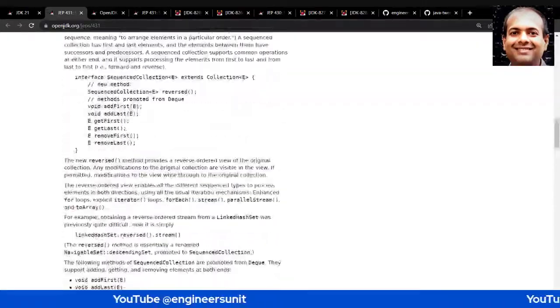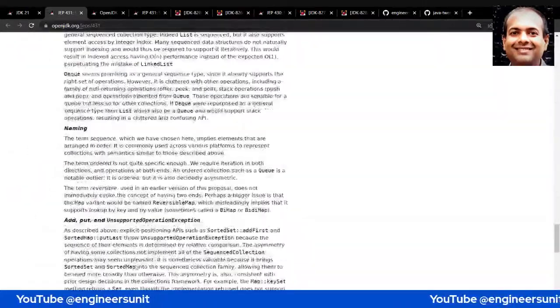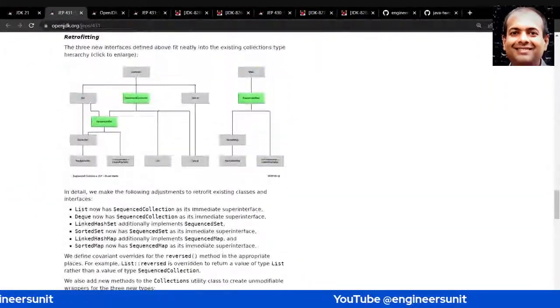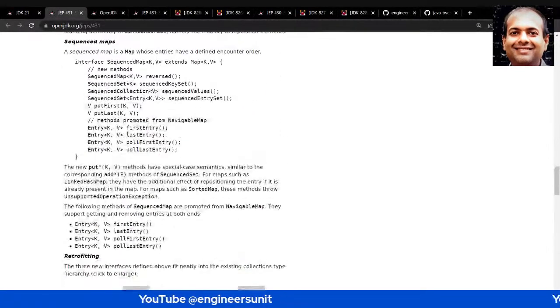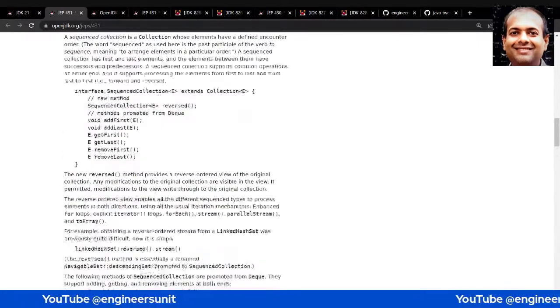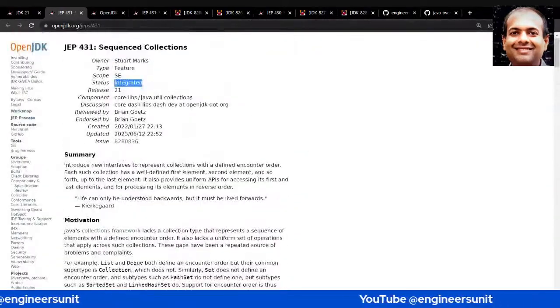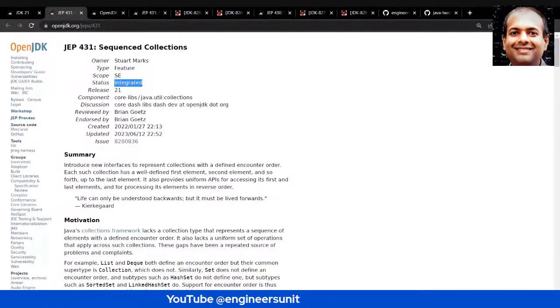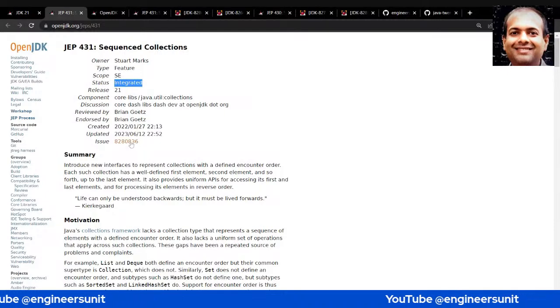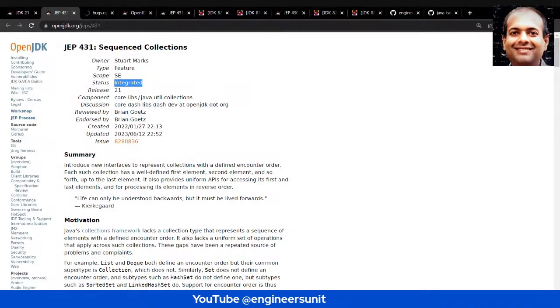So here, after reading the JEP, if you really want to understand this or make this code run on your own machine, you can do one thing. You can check if it is integrated or not. If it is integrated, then I will tell you later what can be done. If it is not integrated and you really want to know further what the code change is, there is an issue link here at the bottom. You can click on this link. It will open a new